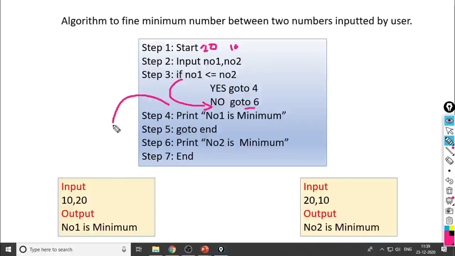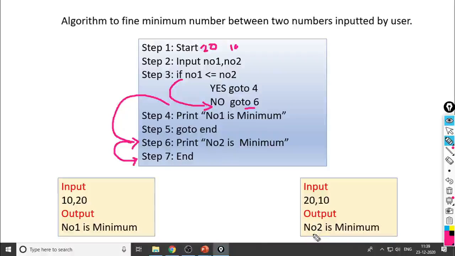So what is step number 6 here? Print NO2 is minimum. So it will return NO2 is minimum, and what is the next consecutive statement here? End. So it will take your control to the end of the algorithm. So if the input is given like 20, 10, what should be the output here?